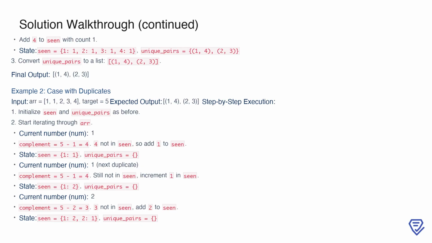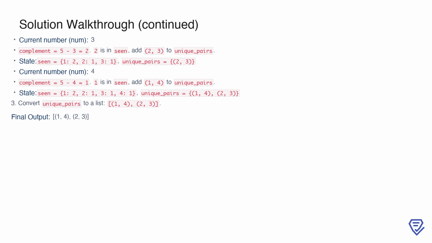Moving on to 2, its complement is 3. Since 3 isn't in seen, we add 2 to seen. Next, we process the number 3. Its complement is 2, which is already in seen. This allows us to form the pair 2, 3, which we add to unique_pairs. Finally, we encounter 4. Its complement is 1, and since 1 is in seen, we add the pair 1, 4